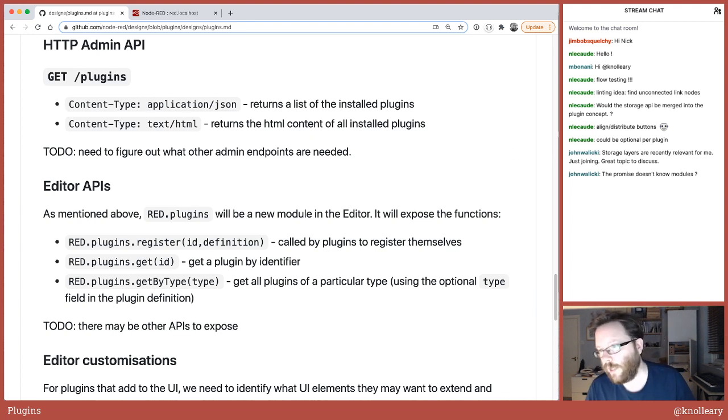Sorry, John, I had the chat window covered up, so I've only just seen your comment. The Promise doesn't know about modules. I've lost track of what point you asked that question based on what I was saying. So hopefully I've got past that bit. But